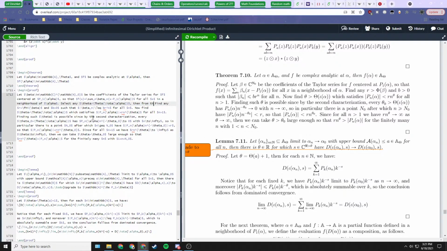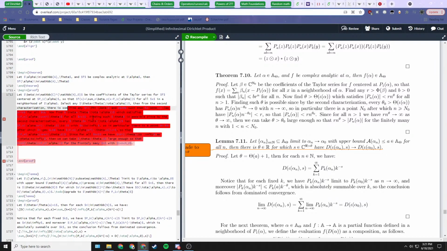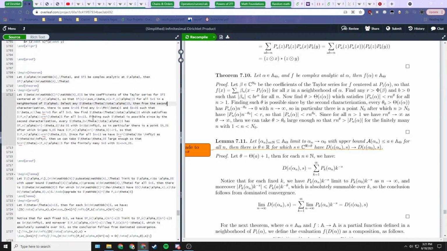Then from the second characterization, we just take r to be really large. Sorry, this is the third characterization. There's some r greater than 0 such that